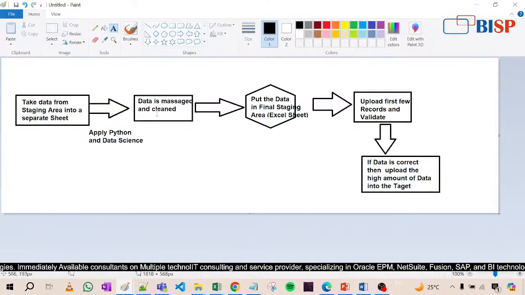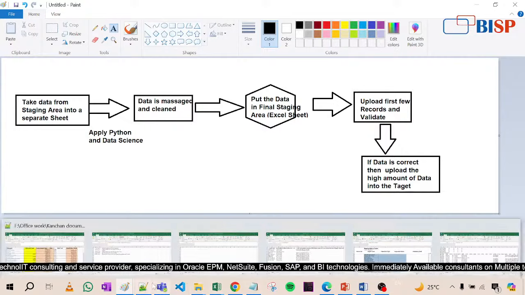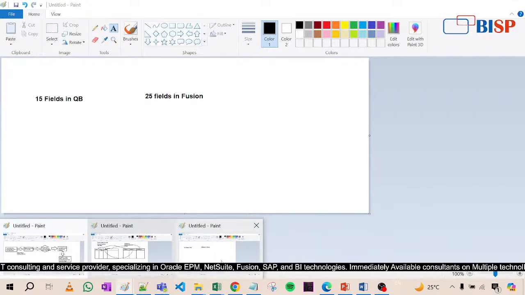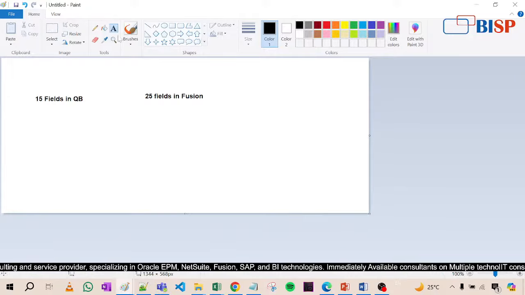See here, data is massaged and clean, that we have done. Put the data in final staging area. Now this data will be uploaded and we will validate the record, and if data is correct. Now what's the process going on behind all these things? Let me show you. Now when you hit the button,